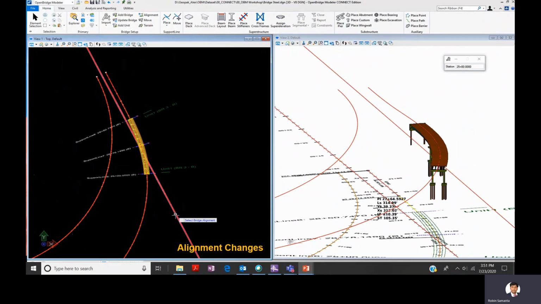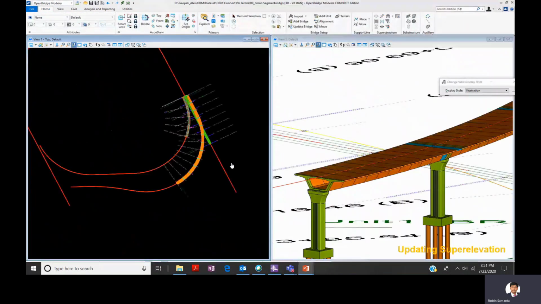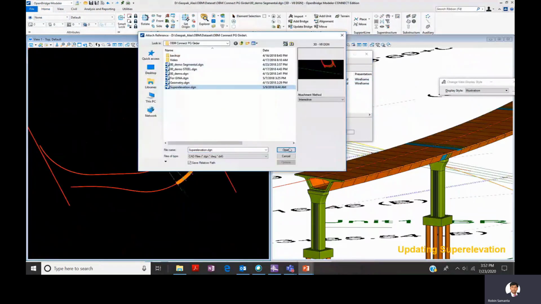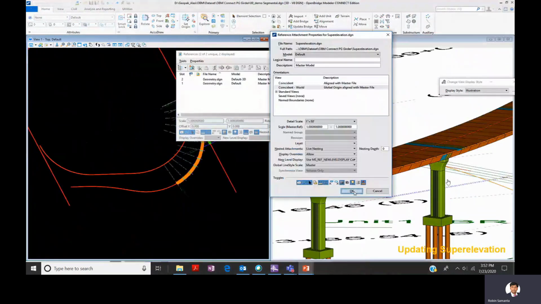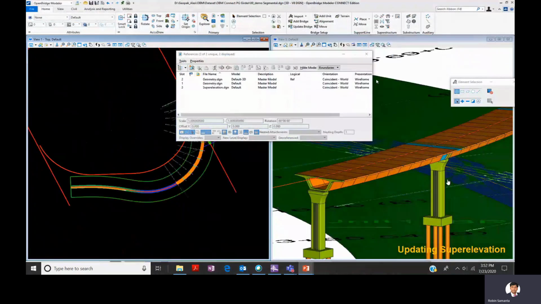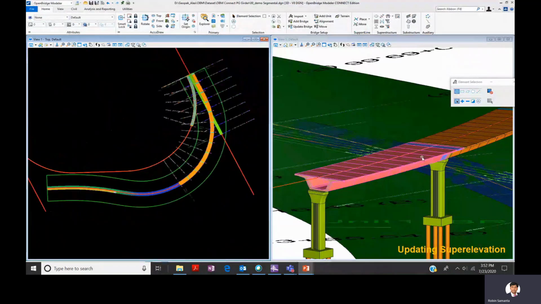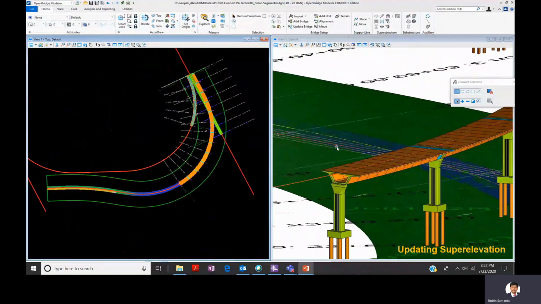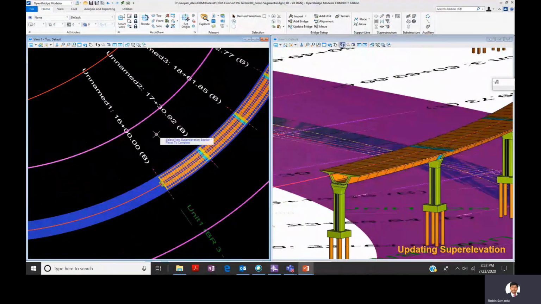So in these slides, what we are seeing is that in a curved bridge, if there is a super elevation in the highway alignment, how easily we can attach it. You can see that currently the bridge doesn't have any super elevation, but there is a requirement now. The highway engineers provided a super elevation. So what we are doing is just assigning the super elevation to our bridge, right? And you can see that in the first span, first of all, we will try to assign the super elevation. So once we are adding the super elevation, from the assign super elevation option, you select the super elevation file and ask the bridge to follow that super elevation, right?